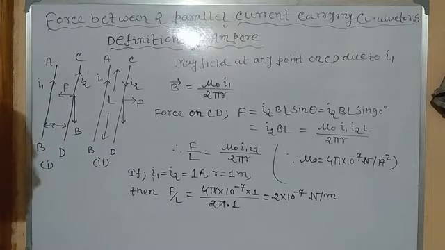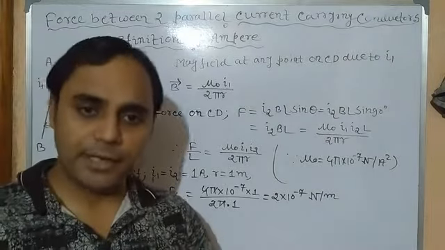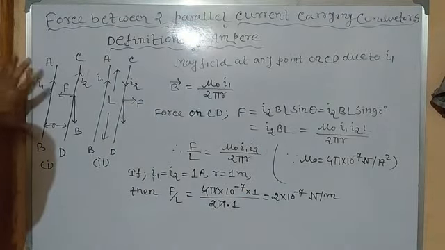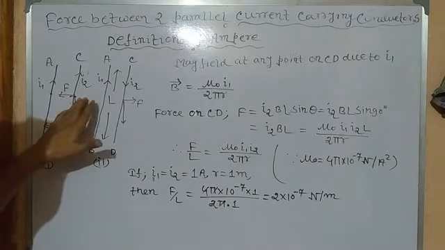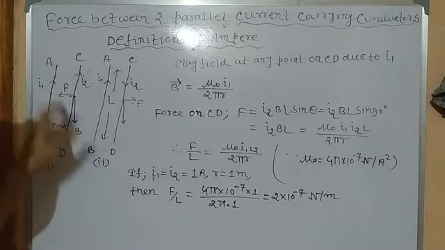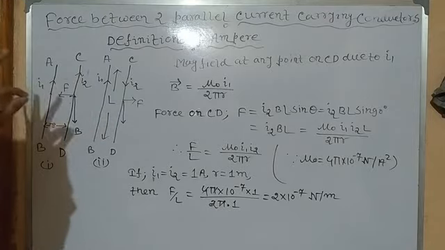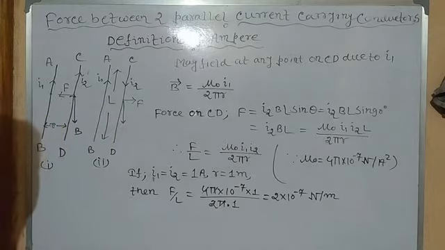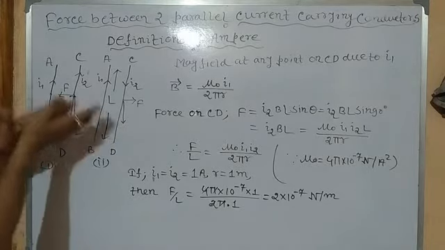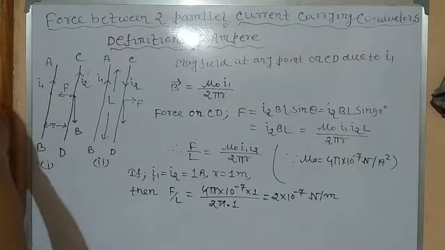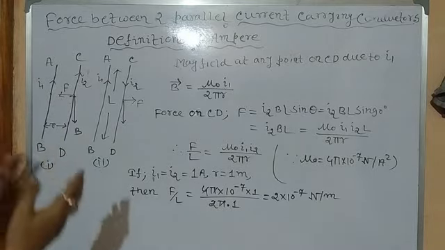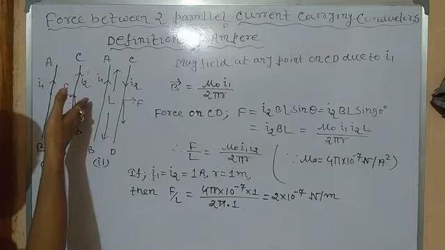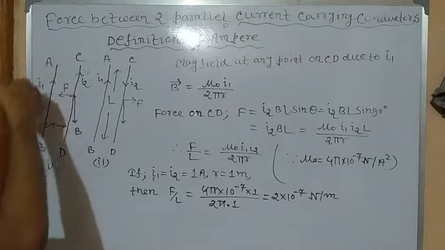As we all know, a current carrying conductor produces a magnetic field around itself up to a certain region. So due to the flow of current I1 in AB, a magnetic field will be created at the second conductor, CD, at any point on the conductor, and because of this magnetic field it will experience a force due to I1, clear? And obviously the second conductor also produces a field, so here we can apply Newton's third law also. Since due to I1 a magnetic field is created at CD, conversely due to I2 a magnetic field will also be created at AB.